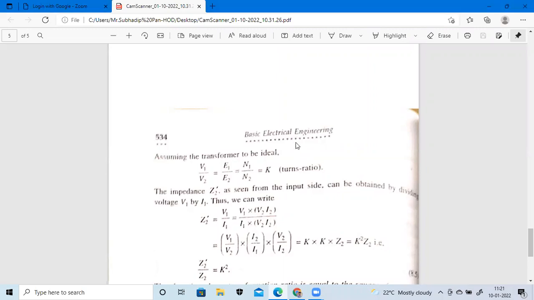If you want to represent the primary side impedance, all the quantities of resistance and reactance will be represented by suffix 1 and 2, R1 and X1. So Z1 is the impedance of the primary coil. If you want to transfer the impedance from one side to another, that means primary side to secondary side, how can we transfer it? How can we transfer the primary side impedance to the secondary side and the secondary side impedance to the primary side?